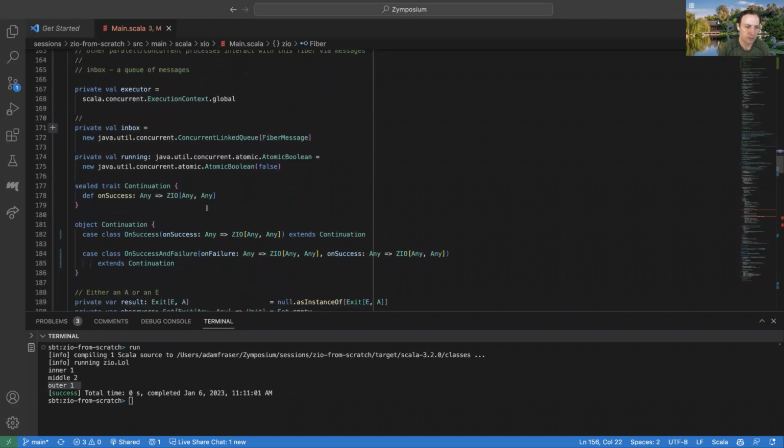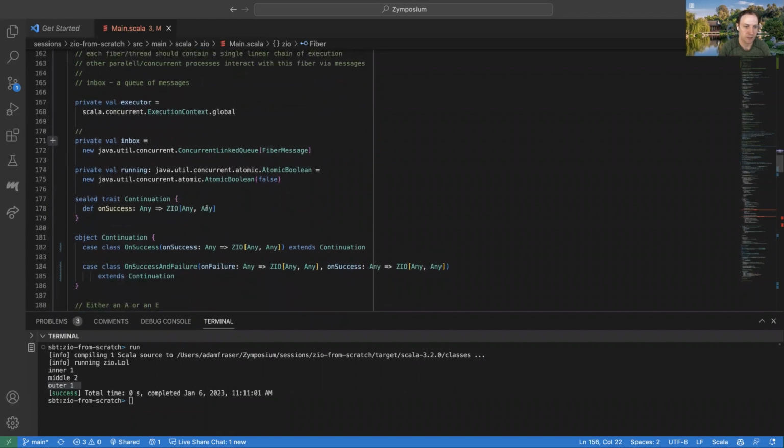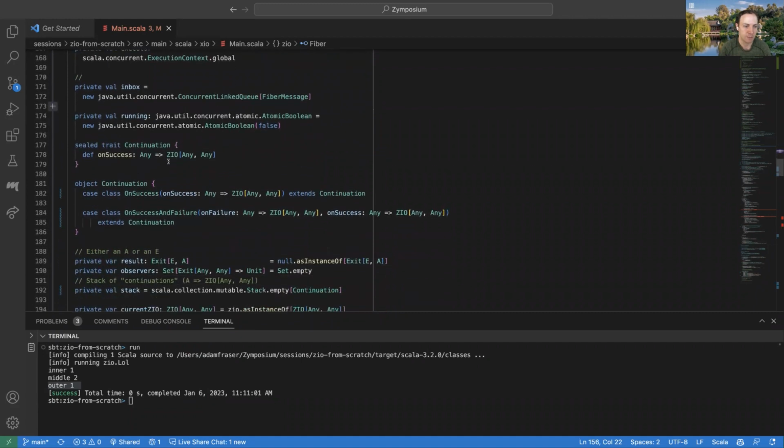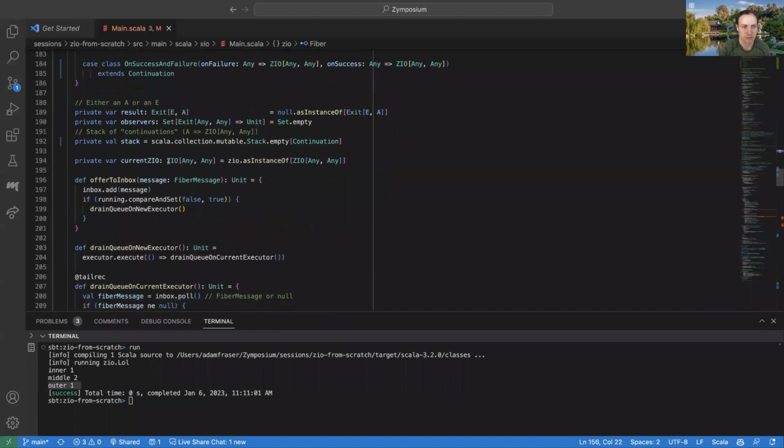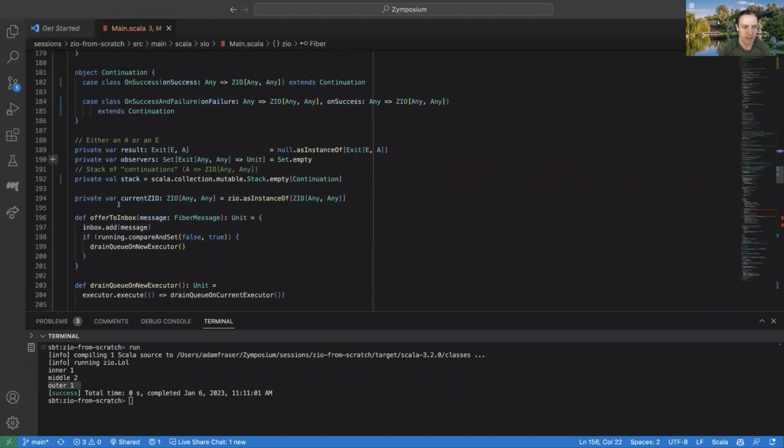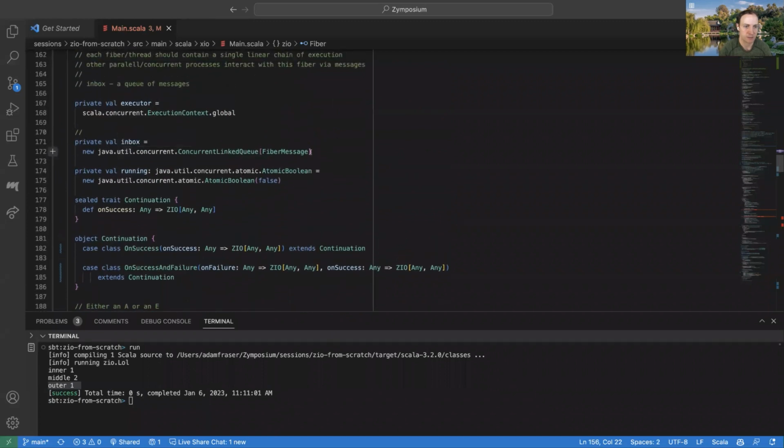And so what we did in our first session here is we implemented some of the logic for this actor type interface. We said that every fiber is going to have this thing called an inbox that is just a concurrent queue.